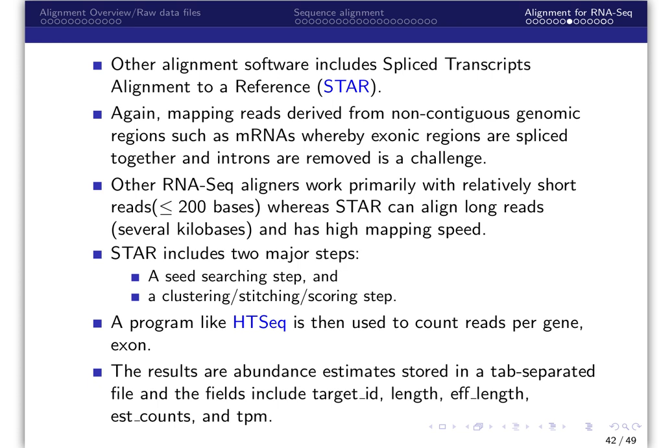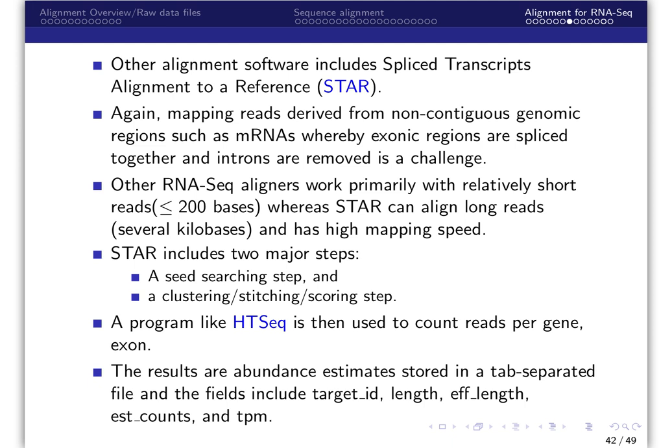Again, mapping reads derived from non-contiguous genomic regions, such as mRNAs, whereby exonic regions are spliced together and introns are removed, is a challenge. Other RNA-seq aligners work primarily with relatively short reads, that is, less than 200 bases, whereas STAR can align long reads, even several kilobases, and it has high mapping speed. STAR includes two major steps: a seed searching step and a